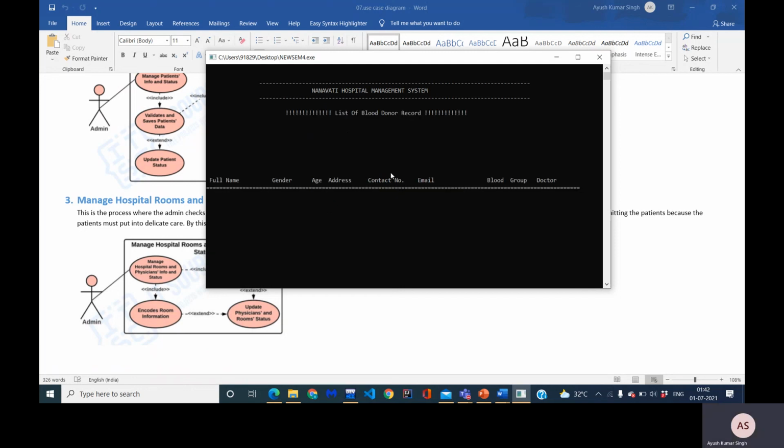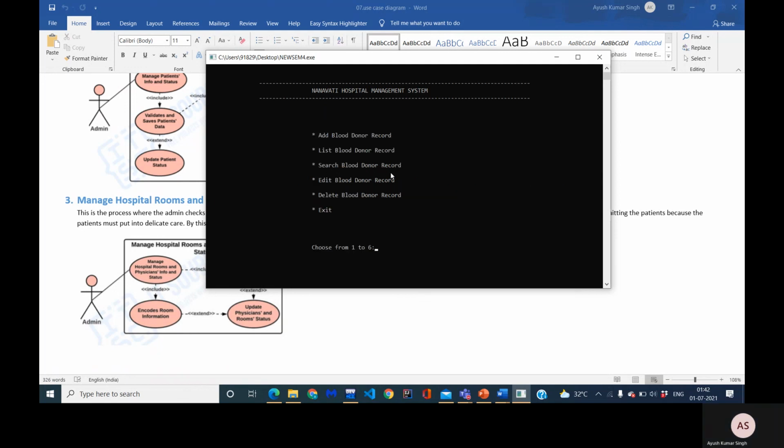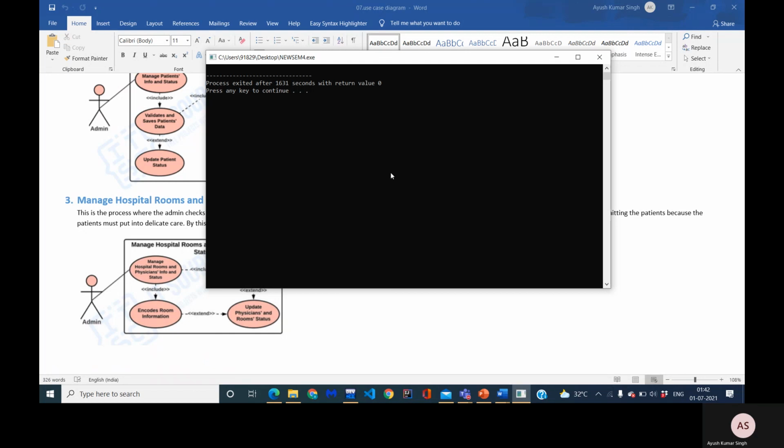And here the patient is deleted, meaning the blood donor is deleted. And now I am finally putting 6 here, which is exit from my application. Thank you, everyone.